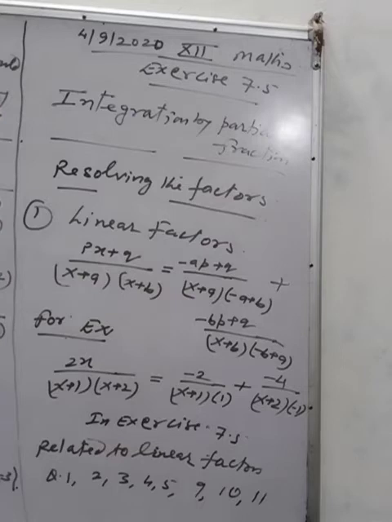Okay, so in exercise 7.5 there are many questions related to linear factors. Question number 1, 2, you can factorize it, x minus 3, x plus 3. So both are linear. Question number 3 also has linear factors. There are three factors, x minus 1, x minus 2, x minus 3, in each the degree of the variable is 1, 1. So these are linear factors. In question number 4,